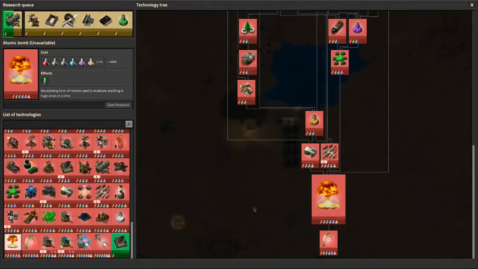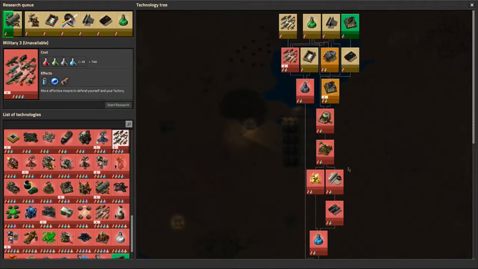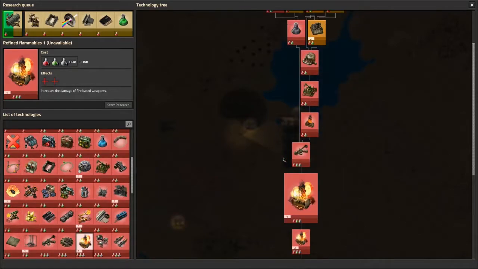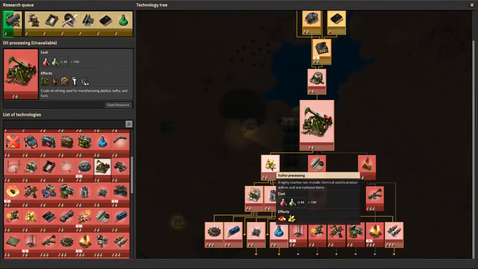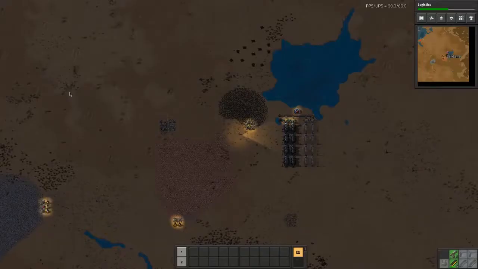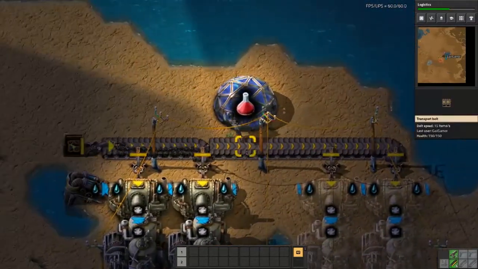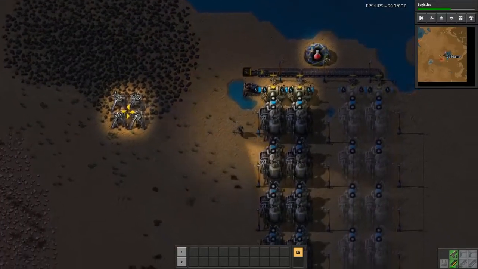Thinking about it, explosions. Military, or is it its own research maybe? Oil processing, plastic. So sulfur, explosive, and then cliff explosives. Okay. Okay. That's doable. Yeah. We're just waiting for this to be done. To be sorted. I might even just...